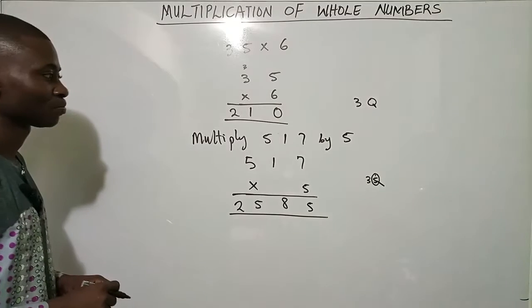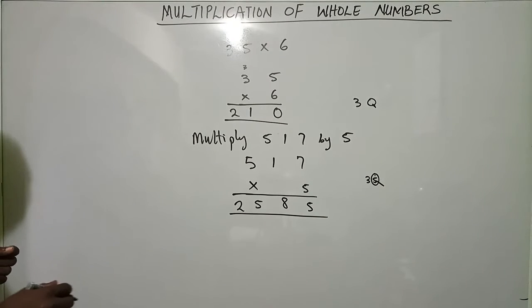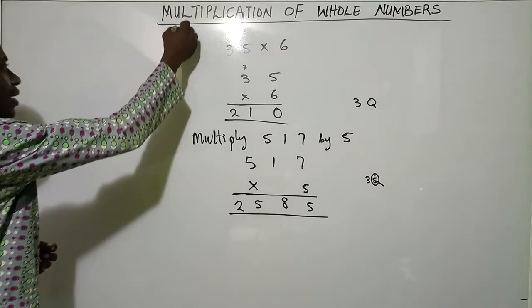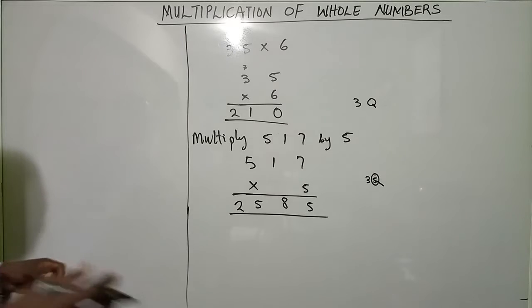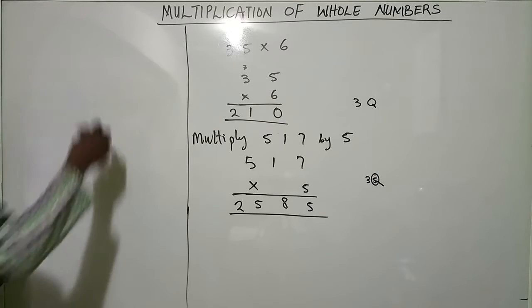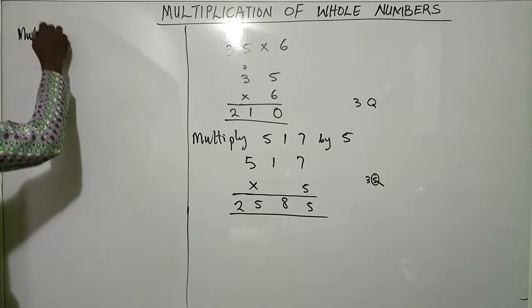Once that is done, the rest of the things will be as simple as ABCD. Now let's assume we have another question like this now. Maybe this time we want to multiply, let's say, a 3-digit number by a 2-digit number. How do we do that? For instance, you're asked to multiply,